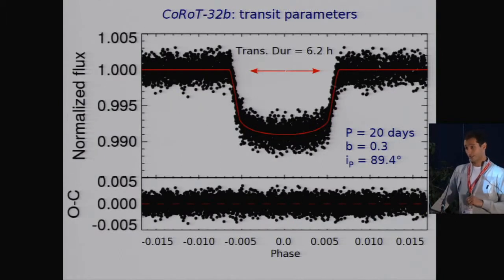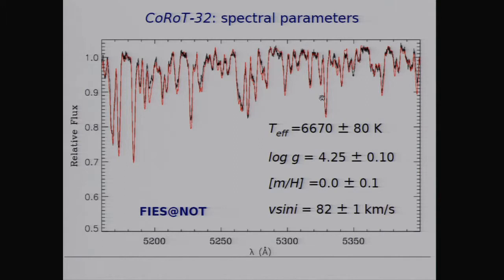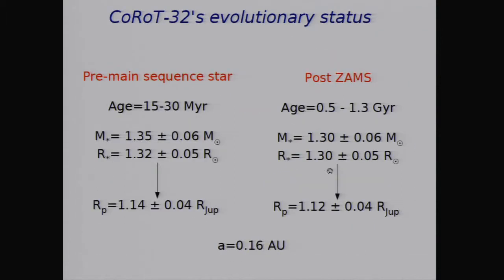Here you see the transit-like curve folded. It's a long duration transit. Here you see the parameters of the star, and as expected, the v sin i is really high. It's about 80 kilometers a second. But what was really interesting is that when we put the star on the HR diagram, we found a solution